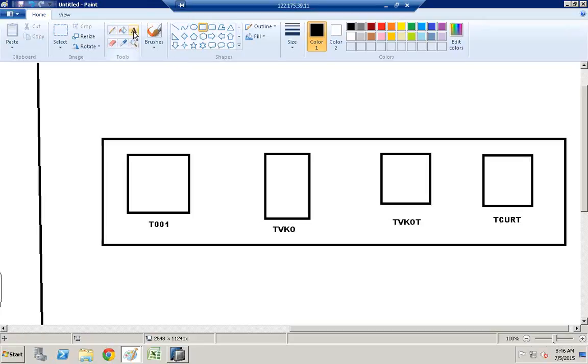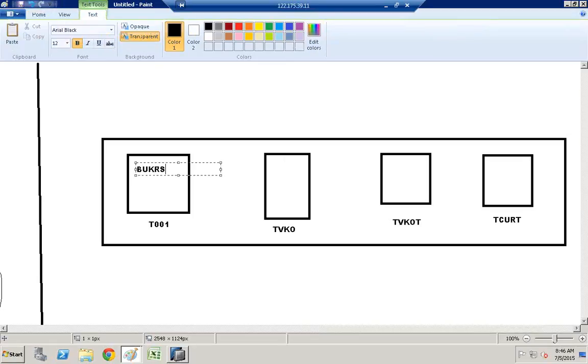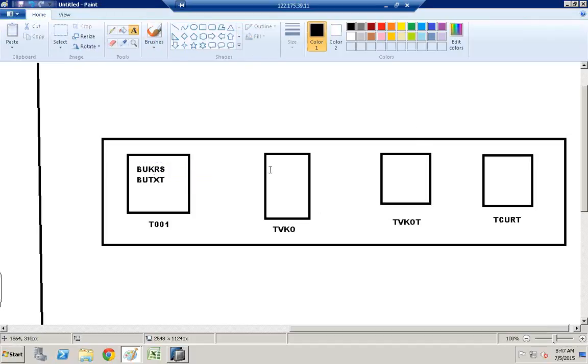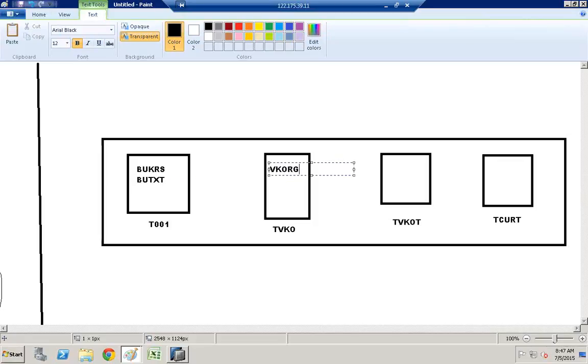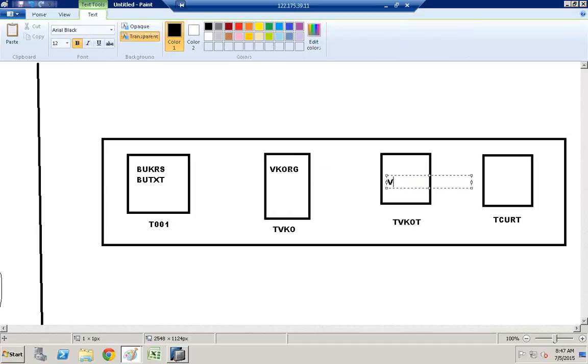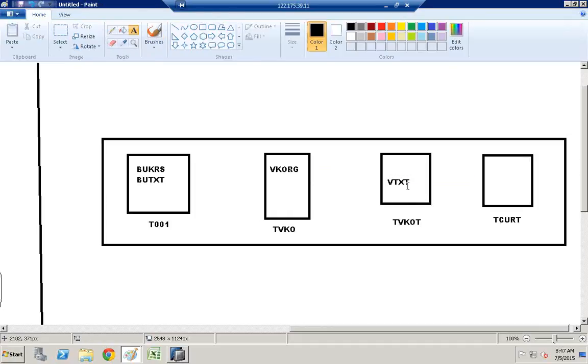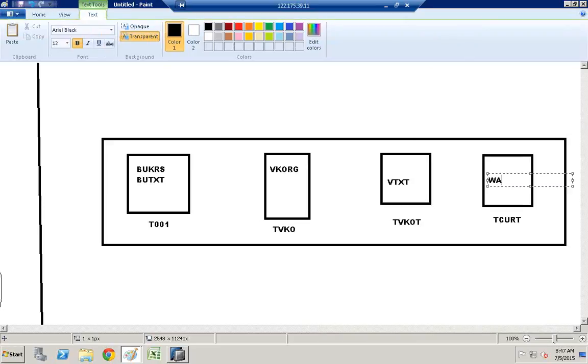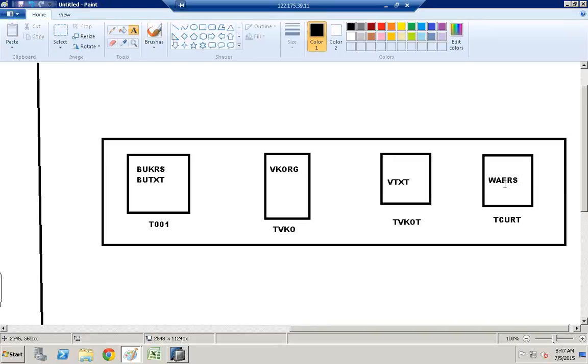Now if you come to the technical details, in T001 we require BUKRS, which is the company code ID, BU text, which is the text for the company code, sales organization ID, sales organization text, currency ID, and